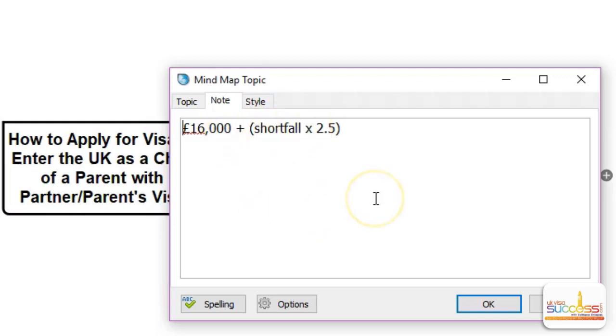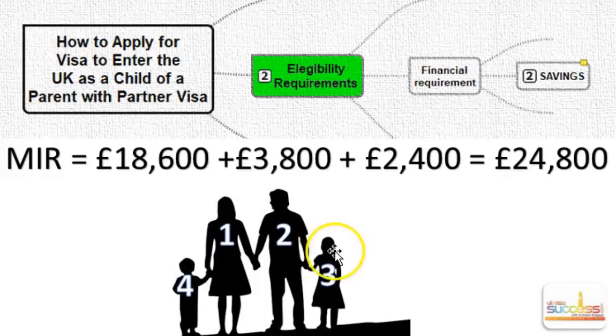Let me show you how this works. Let me give you an example. Suppose we have a family of four. The mother is a visa national, the father is a British citizen, and the mother has two children from a previous relationship. The minimum income which the British citizen father will need to show is the following. It will be £18,600 plus